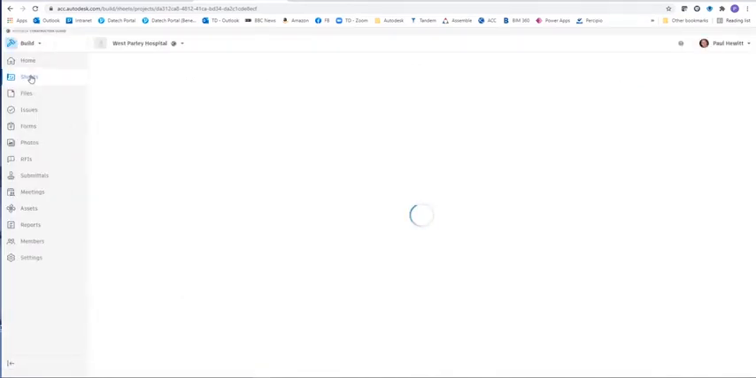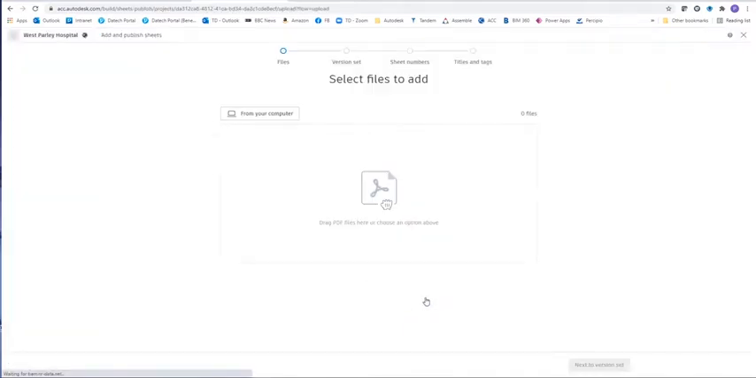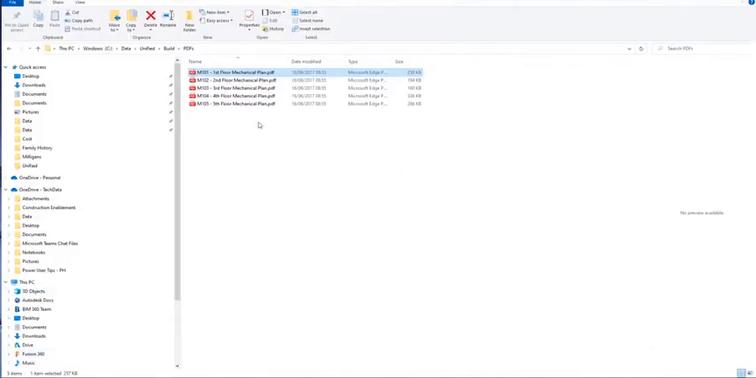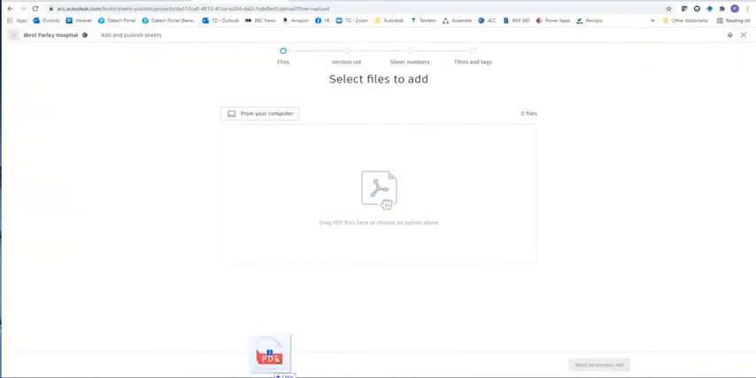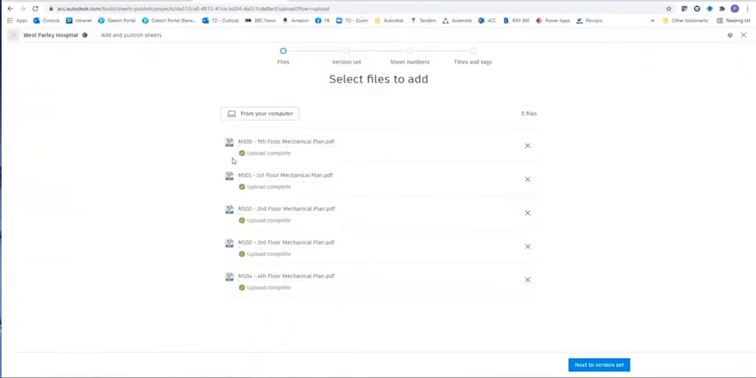So we go to the sheets, and there's two options here. We can add sheets from this button or from down here. Both do exactly the same thing and allow us to drag the PDFs in, or we can choose the files from your computer. In this case I'm actually going to choose these PDFs that I've already created, and I'm just going to drag and drop them into the Autodesk Construction Cloud area. These are uploaded really quick,